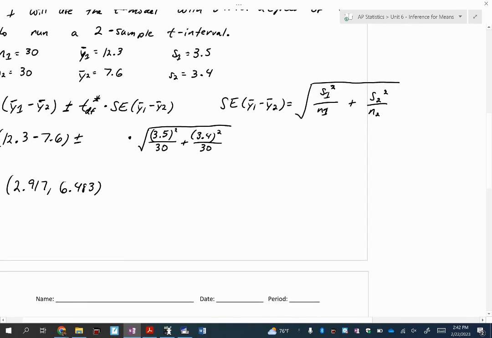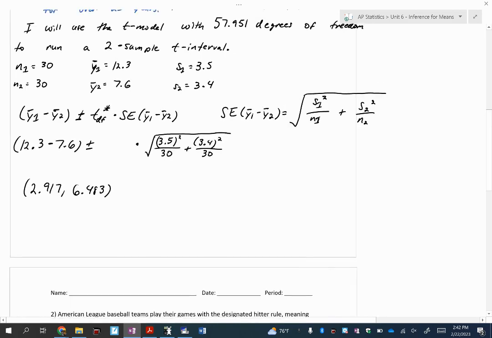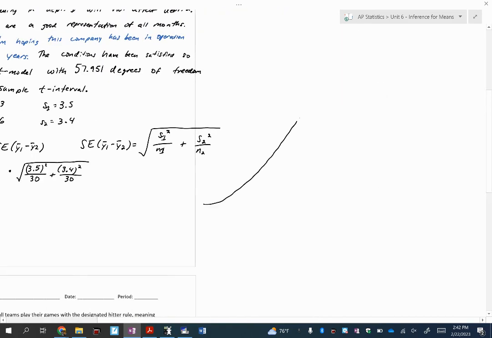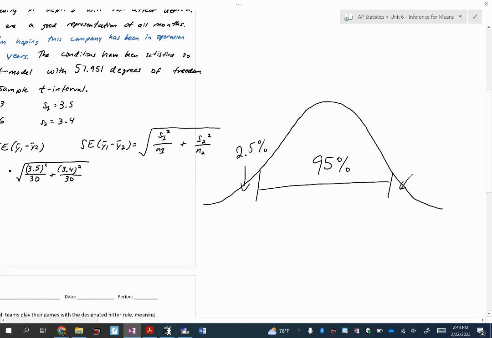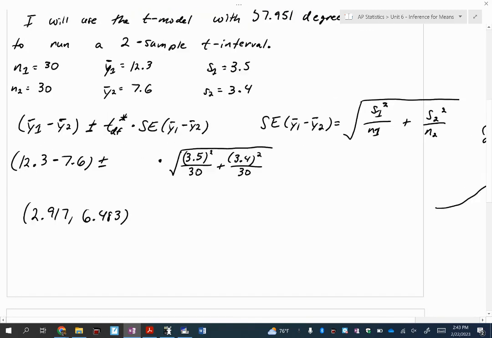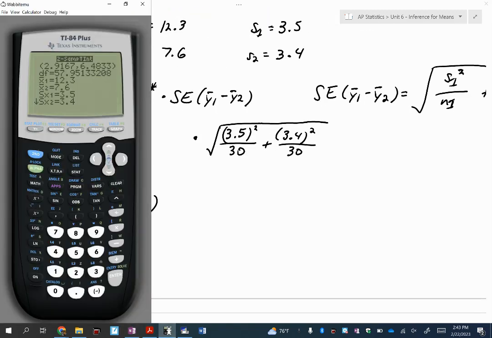And before I write the answer, and again, you do not need to do this on the AP exam, I just want to make sure I'm being consistent on what I'm trying to teach you. We just ran a confidence interval with 95% as our confidence level. So what is in each tail? 2.5%. Okay, so if you would like, you don't have to, but if you want to hit